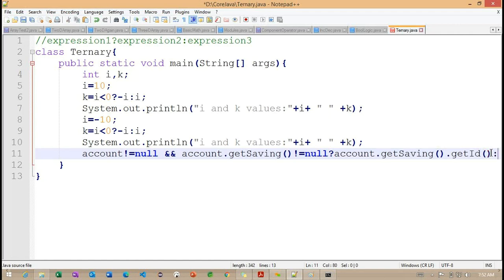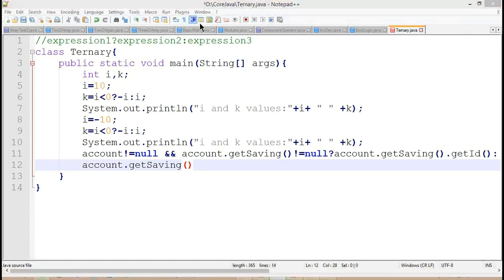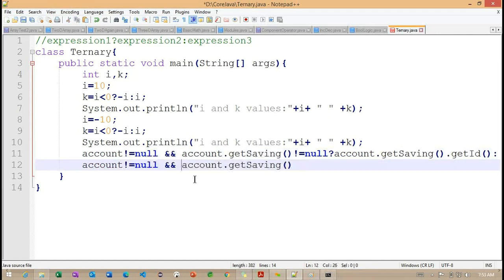So sometimes, if we are not going to get this particular saving account, what happens internally? Now what we can do, here I'm trying to write the expression. Internally, I'm going to check again.